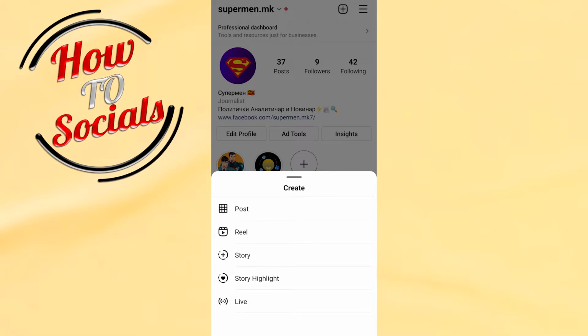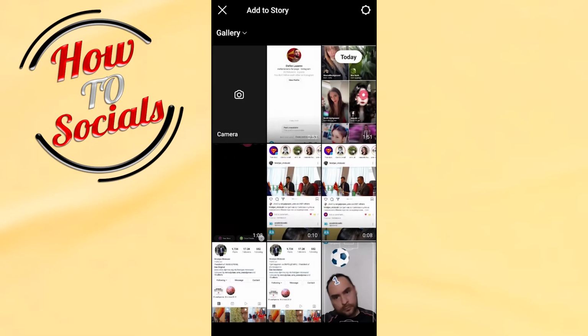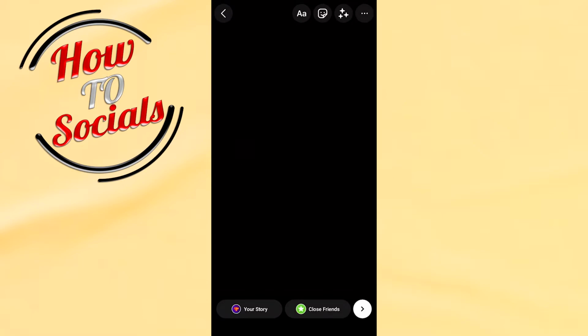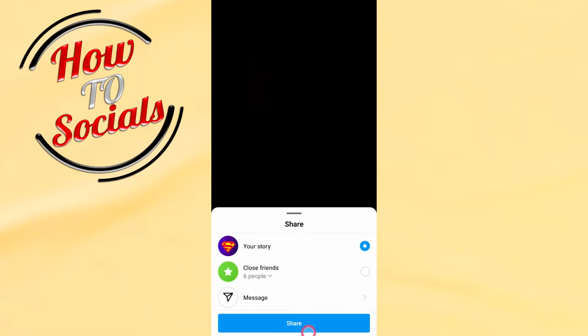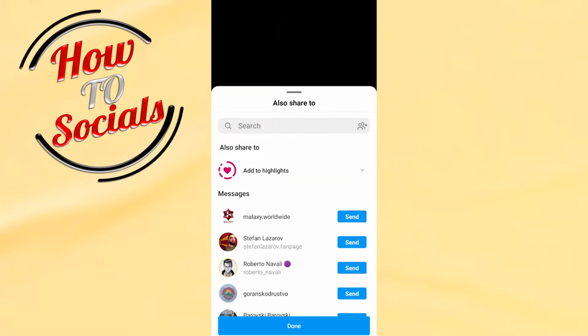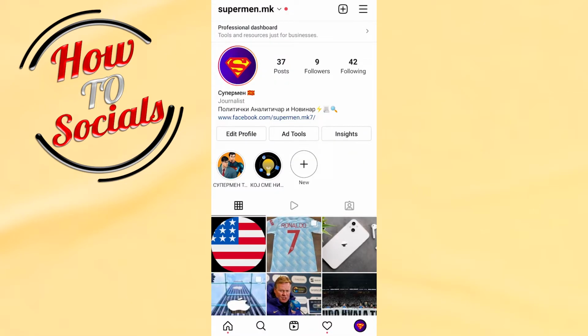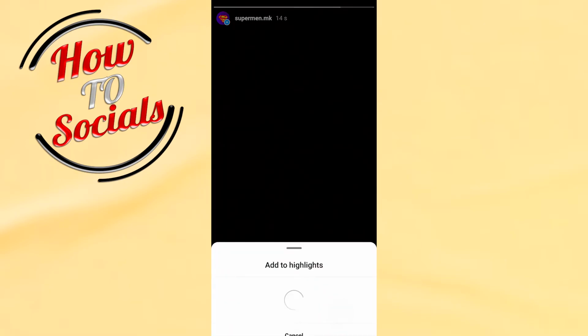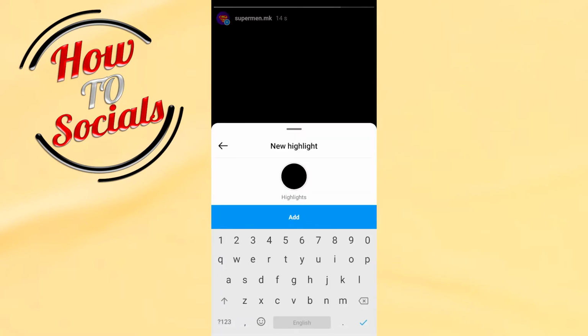tap on the third selection, the storage site, and go for camera, add a story, for example this one, go share. Now you'll need to wait, go done, and if we go right now with adding it to our highlights, just tap on the story and the third selection is highlight, click on it, create a new highlight, go for this one,